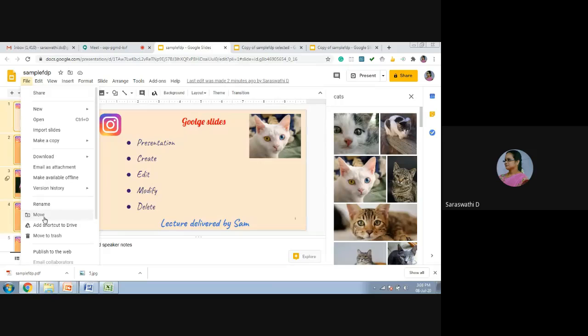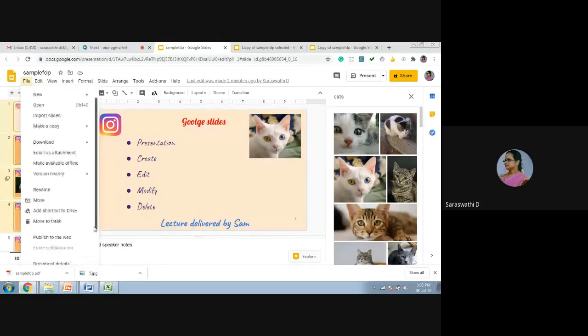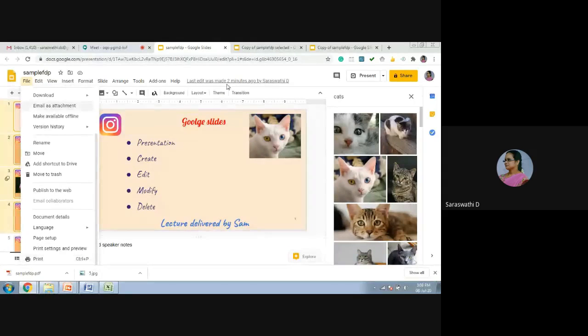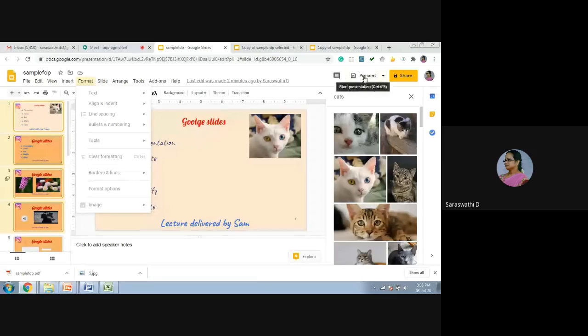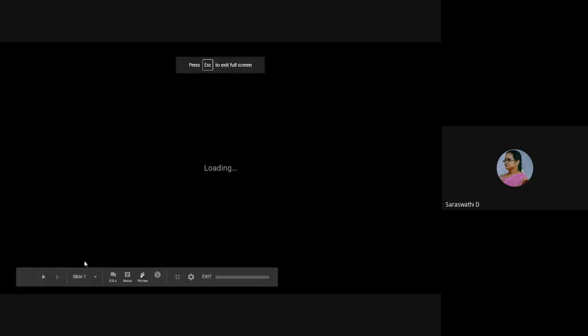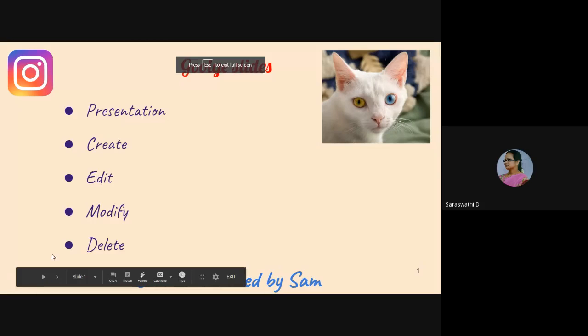And then if you want to rename it, you can rename it. If you want to move it to a folder, you can move it to the folder. So these are all the slides. And after completing your slides, you just go to the presentation.